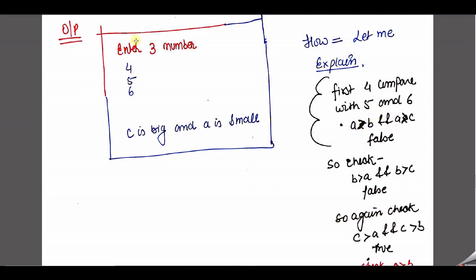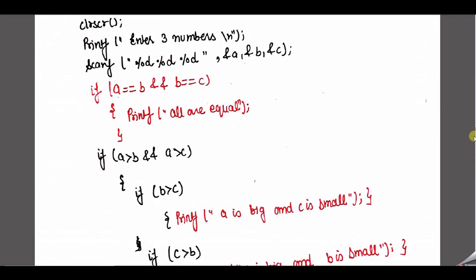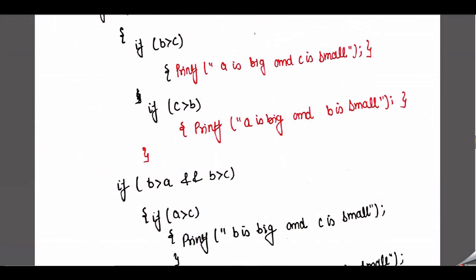So with the help of this example, just take the three numbers 4, 5, 6. Here the user enters the three numbers 4, 5 and 6. So according to our program, just check it. Okay, so now I'm going to check again. I just check if A is equal to B and B is equal to C. So just check 4, 5, 6. So 4 is equal to 5?